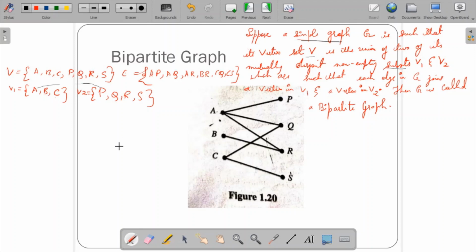What are the conditions if you want to write? For example, consider the graph. This is the graph which has vertices A, B, C and so on, and these are the edges. Then we have subsets of those, V1 and V2, whose union gives the vertex set itself, such that condition 1 is V1 and V2 are disjoint. What do you mean by disjoint? Whatever vertices you have involved over here, you cannot have the same vertex over here. That is the first condition.